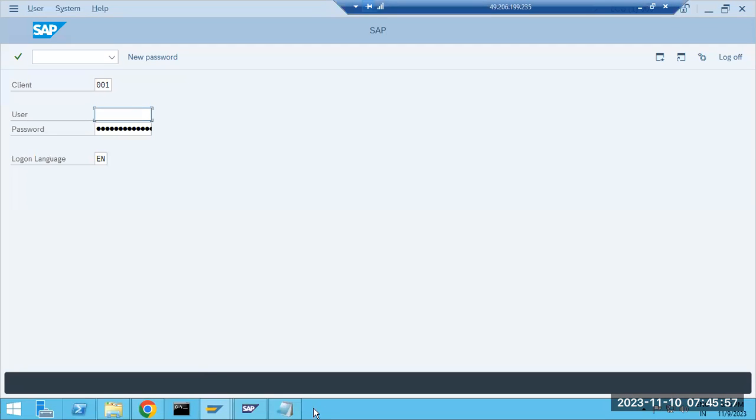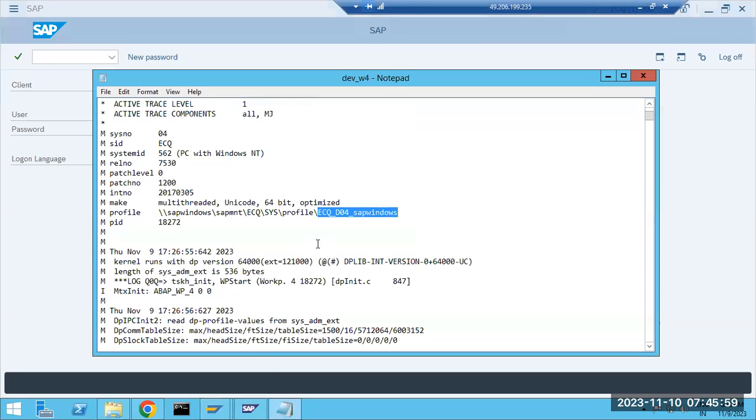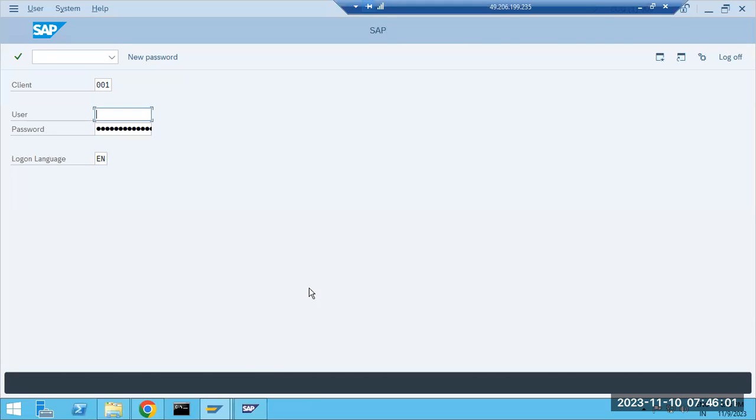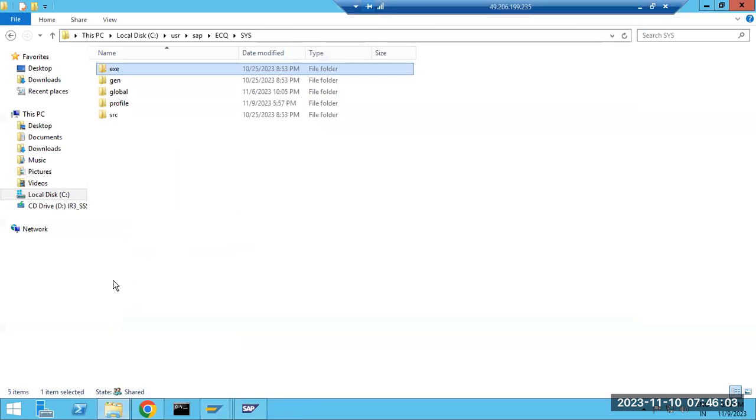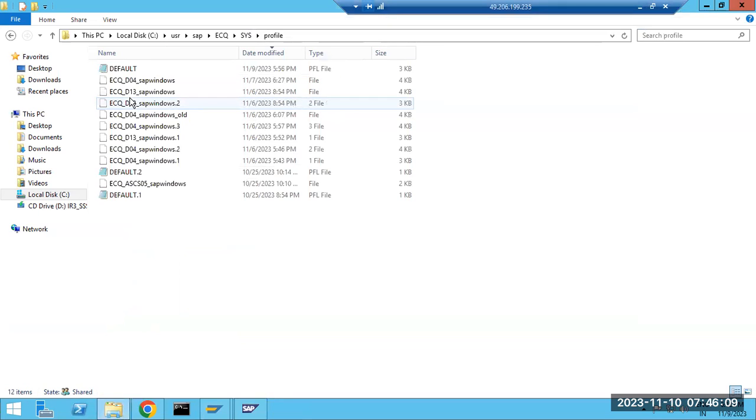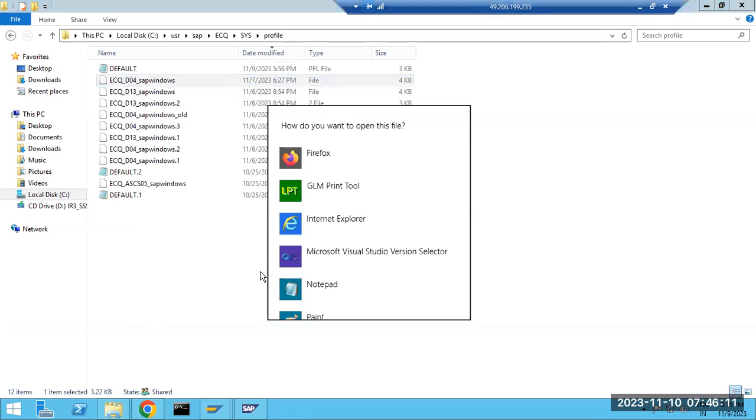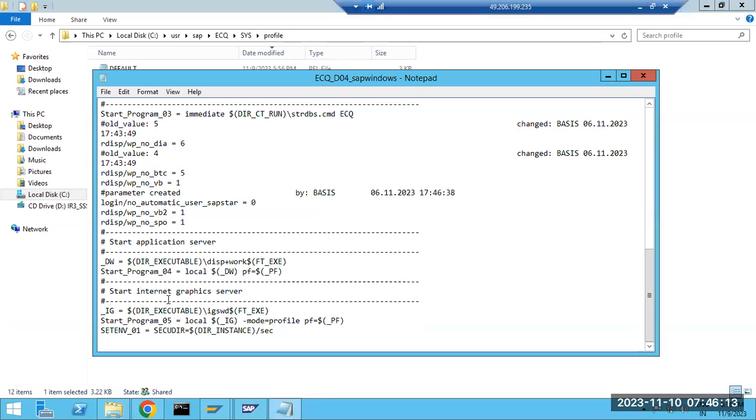Normally we won't touch anything in these profiles. But in any worst case scenario, where you want to change some parameters but SAP is not available, then we have to go to the profile directory, go to the instance profile. Here we can change it, and we can add the parameter values here. That is what we can do.